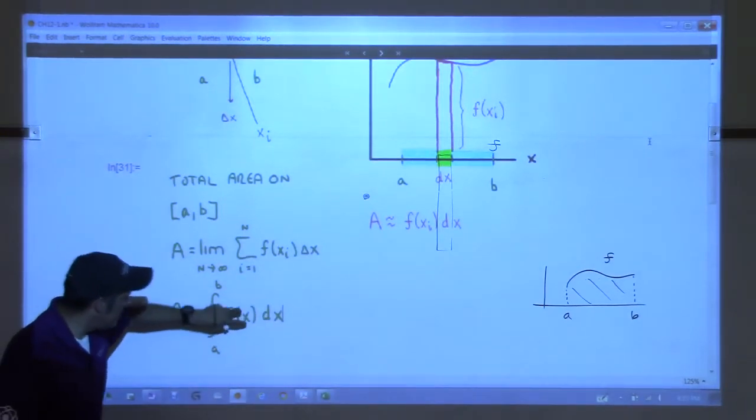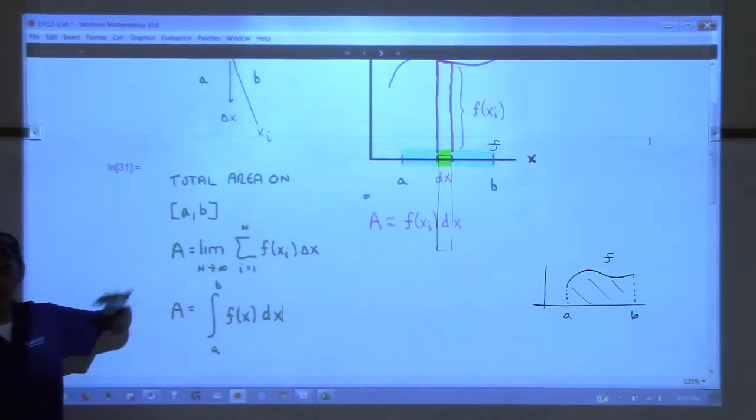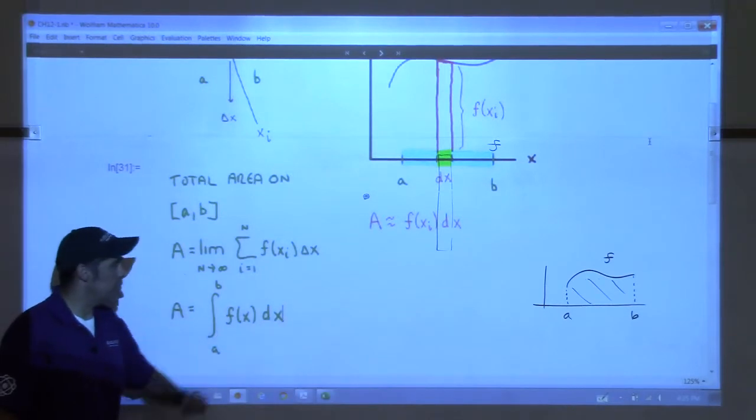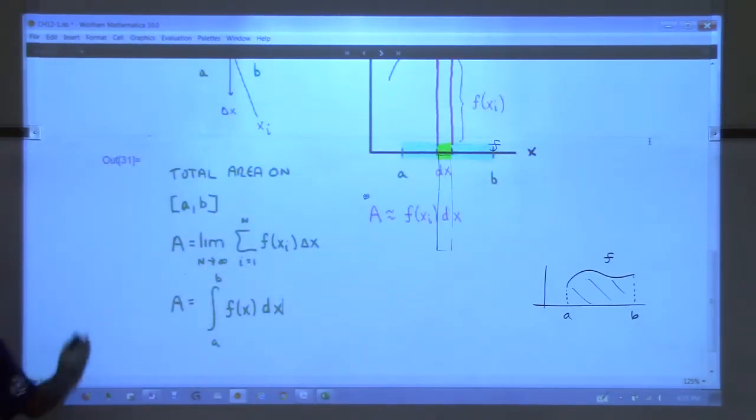Because understanding the elements of this integral is going to make it much easier as we progress in this chapter and the next. Height, width. All right, now,